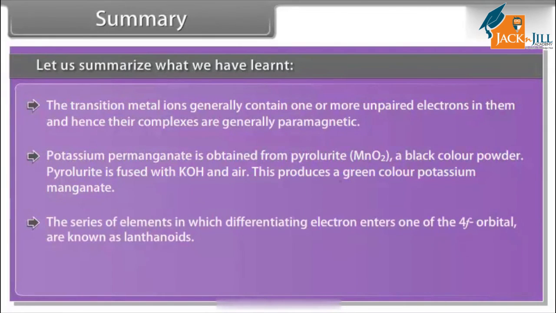The series of elements in which the differentiating electron enters one of the 4f orbitals are known as lanthanoids. The series